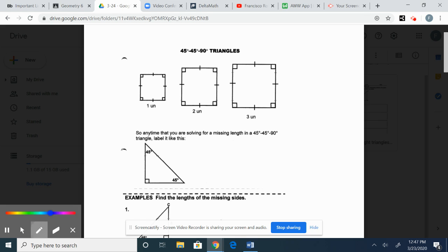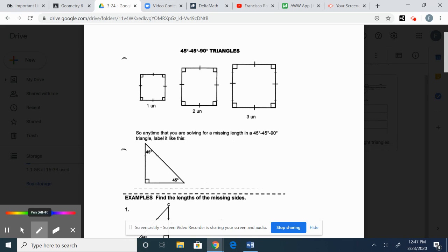Hey guys, so last week we had gone over a review of the Pythagorean theorem. And so what we're going to do this time is we're actually going into the special right triangles, and these are triangles that you can solve without actually using the Pythagorean theorem because they follow a similar rule. So if you look at this,